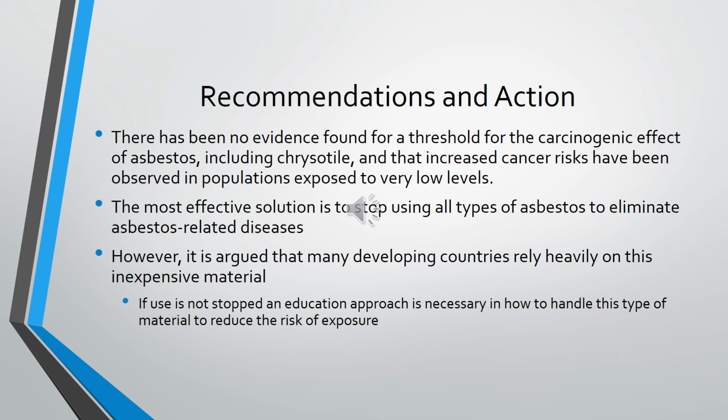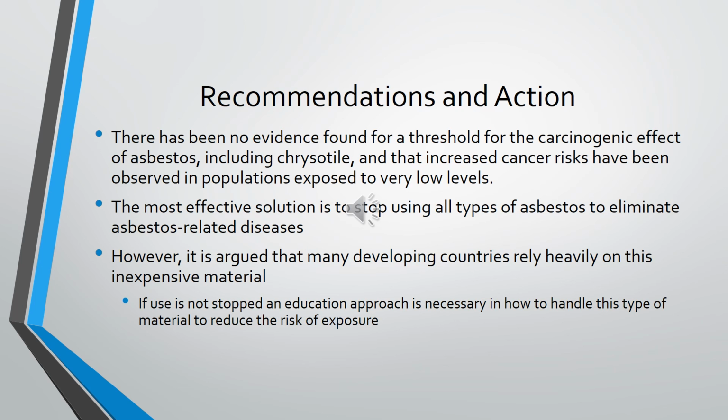However, it's argued that many of these developing countries rely heavily on how inexpensive this material is, and their economy is very reliant on it. If that's the case, then there needs to be a tiered approach to the eventual elimination of all asbestos types, and using that within materials. First, there definitely needs to be an education approach. Right now, in the parties to the Rotterdam Convention, the prior informed consent procedure for certain hazardous chemicals and pesticides in international trade,